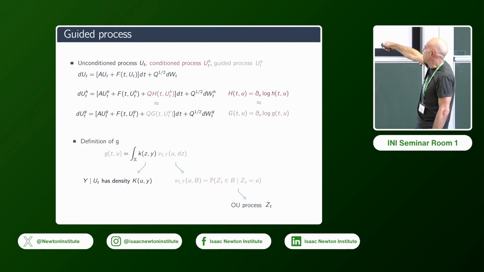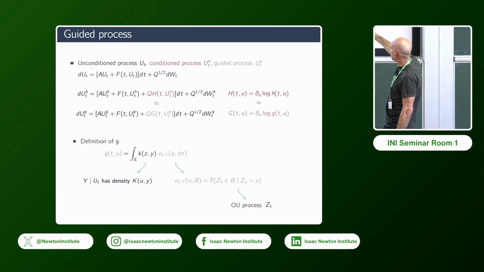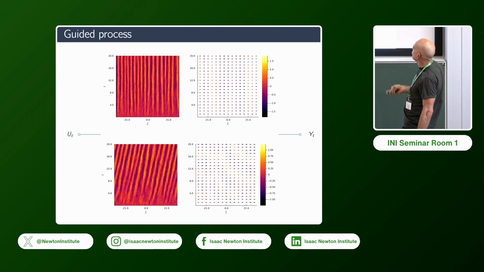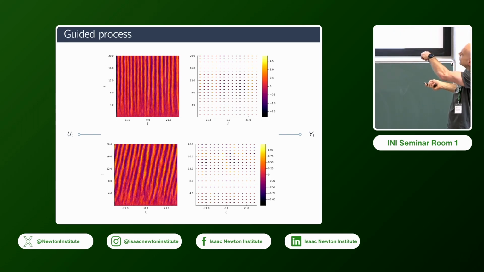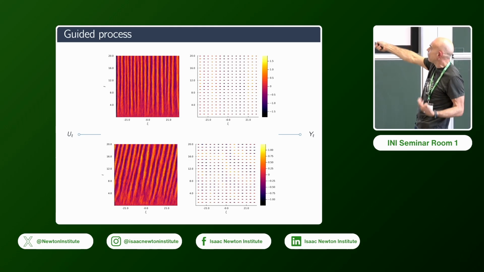And the way they define that, but I think I'm going too fast to do justice to their work at this stage, is they say H was not computable before because I had in here the transition process for U. Let me take the transition process of an Ornstein-Uhlenbeck process, of which we know everything, and in particular we know nu, and therefore this G becomes computable. And to cut a very long story short, those two, Frank and Torben, that you've seen going, we test this kind of filtering on synthetic data this time, on a 1D neural field model that has got a Turing bifurcation or a traveling wave bifurcation.